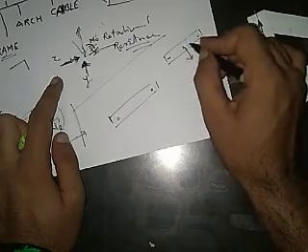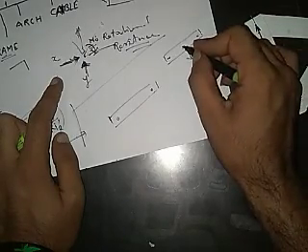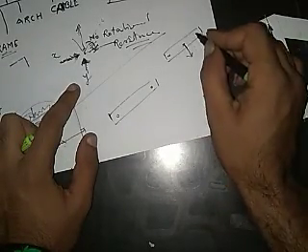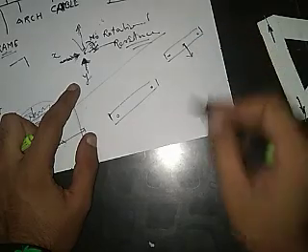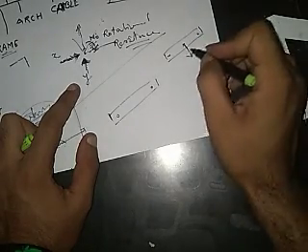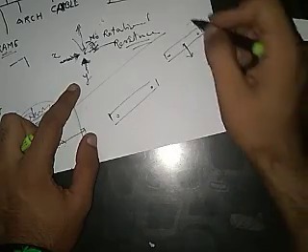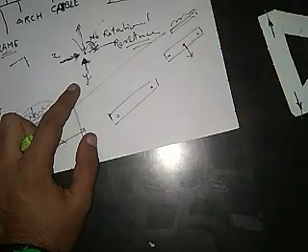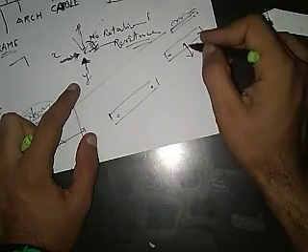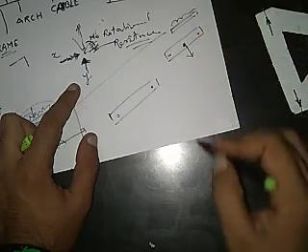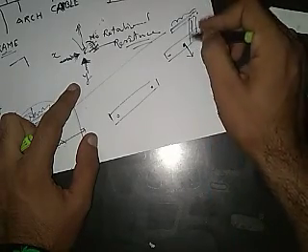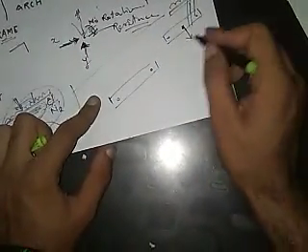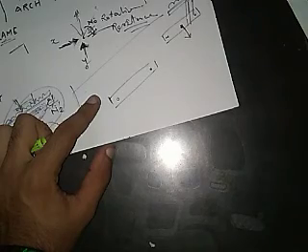Actually it is distributed over there, but in simplified form, we assume that all the weight of the body is acting through its centroid. So instead of this, initially we assume that it is uniformly distributed. Then secondly, we assume that it is acting at the centroid of that. In these two cases there is a bending, but to avoid that bending in our simplified analysis of trusses,